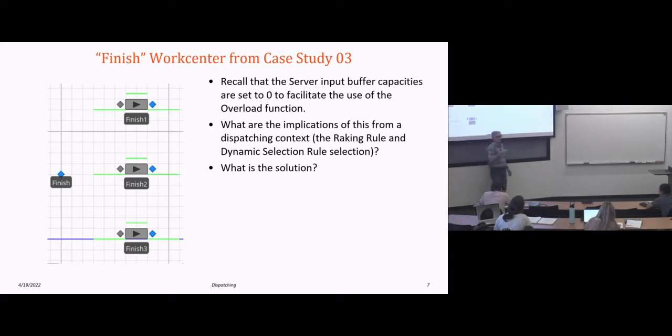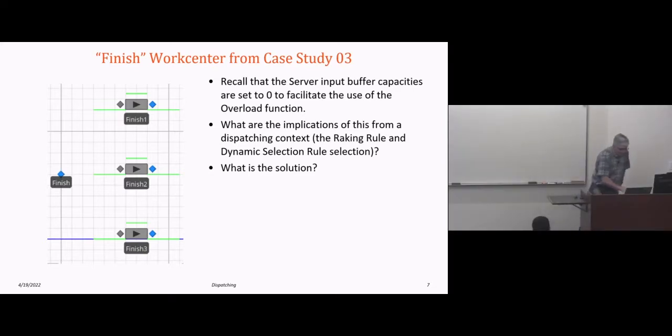And in all of our models that we did, starting with case study 3, all of the dispatching rules were applied to the transfer nodes that led into the server-based objects. That's why we defined the work centers to be a transfer node and a set of these server-based objects. We did that even if there's only one, like we did for kitting and packaging. There's only one server, but we still use that transfer node notation so that we could use that generic notion of routing to the transfer node, and then using that transfer node to be the gatekeeper where we apply the dispatching rules. Do you have a question? Okay. So we did that.